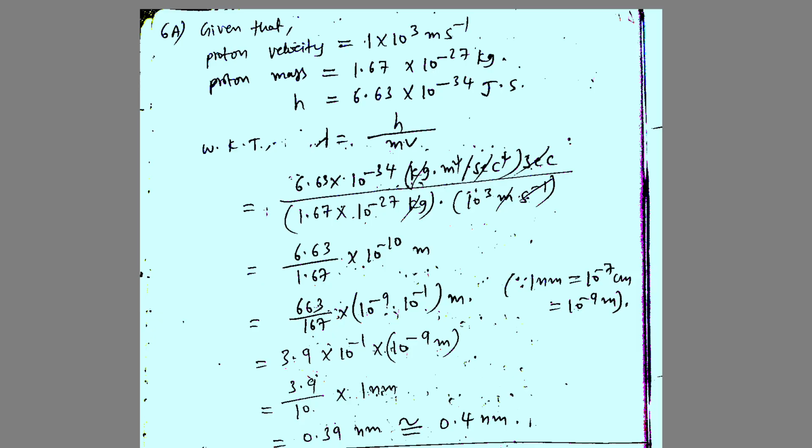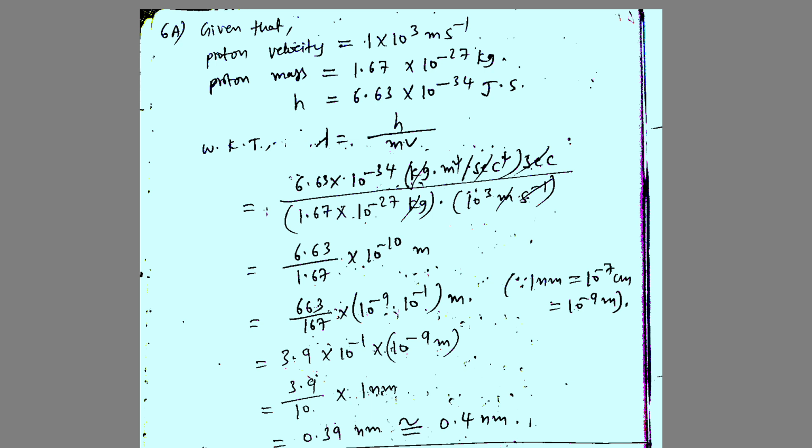Now let me do the answer. Given that proton velocity is equal to 10 to the power of 3 meters second inverse. Proton mass is equal to 1.67 into 10 to the power of minus 27 kgs. h value is equal to 6.63 into 10 to the power of minus 34 joule second. If you substitute all the above values in this formula, lambda is equal to h by mv according to De-Broglie's